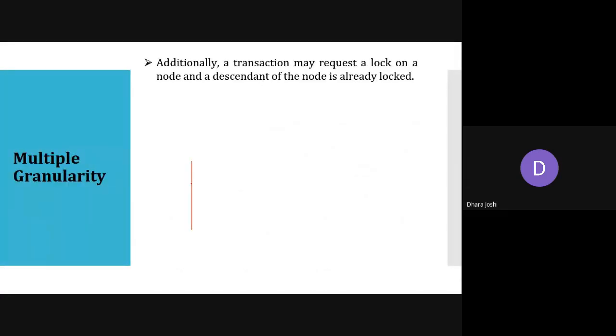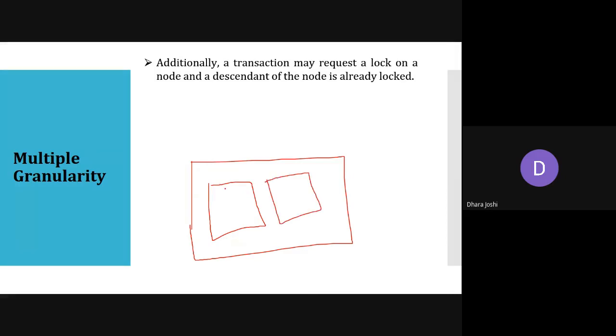Like in this database, we have different files. In different files, we have different pages, and in different pages, we have different records. So if anyone asks that I want to acquire a lock on this file, it is requested; till now, it is not granted.